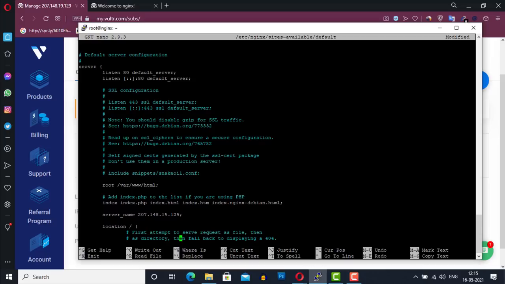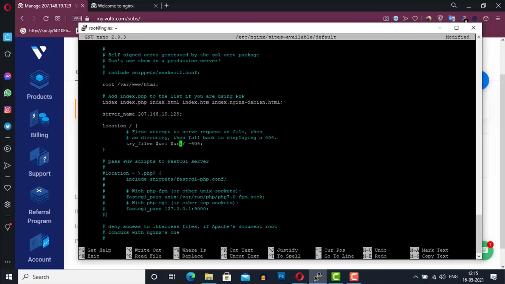Now we have to uncomment some lines in this block file. In order to uncomment or change this file, you have to pay a little bit of attention so that you don't make any mistake, else our server will not be able to communicate with the block file correctly. So first of all, uncomment this location block line.